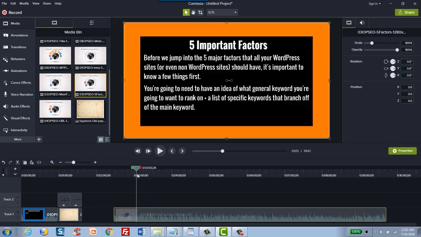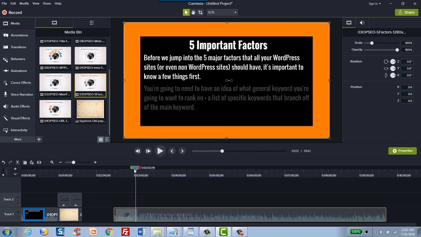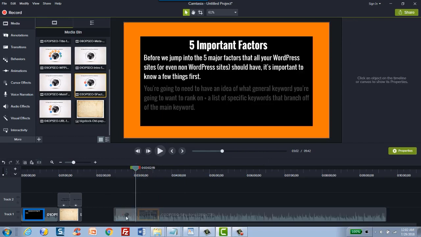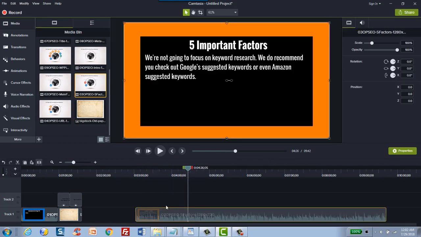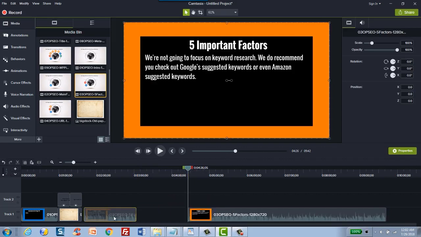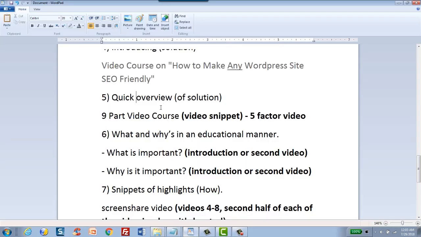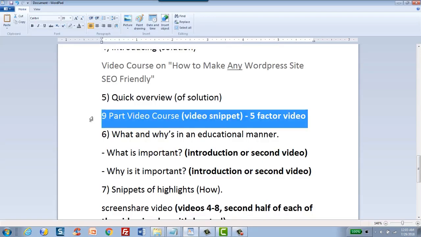So let's say, for example, that the snippet that we want starts from here and then it ends in here. So if that's the case, we want to put the marker here. We want to split it, and of course, delete everything to the left of it. And let's say that it ends right here. We'll split, and then we'll move that right here. All right, and then we move on to the next item, which is the